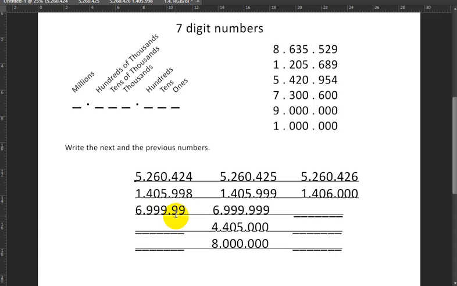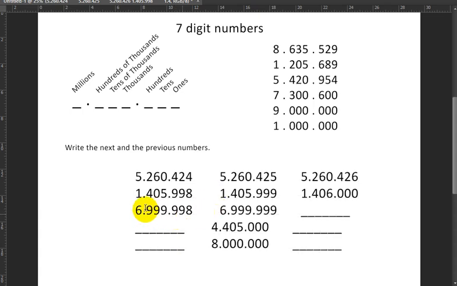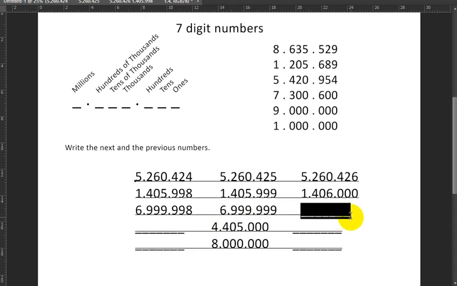So I'm just going to decrease the ones by 1, make them 8. So 6,999,998. But here we are going to have the same domino effect, where one regrouping causes the next, and then the next, and then the next, until they meet a number that is not 9, basically. So here we're going to have 6,999,999, and if we add 1, that creates a domino, basically, where I get 9 plus 1 makes 10, so